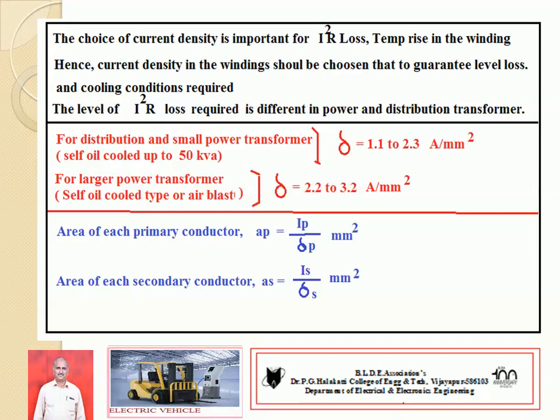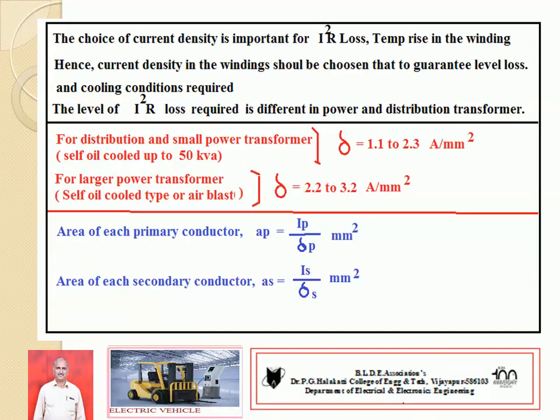Low rating, simple cooling technique. Medium rating, medium cooling technique. High rating, a sophisticated cooling system is required. Remember, cooling is proportional to the rating of the transformer, because we have to keep the temperature theta